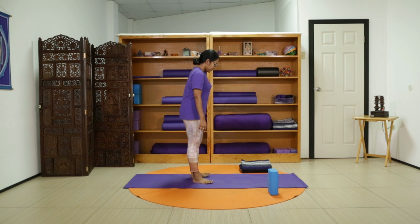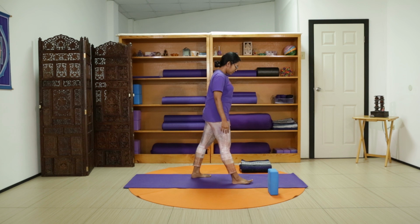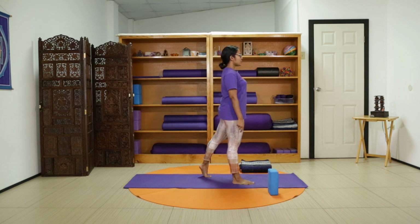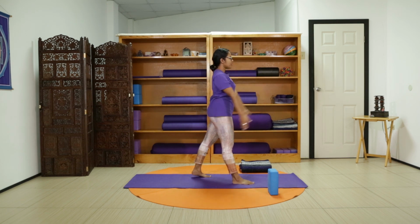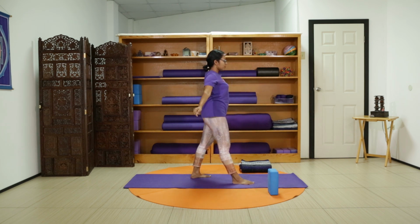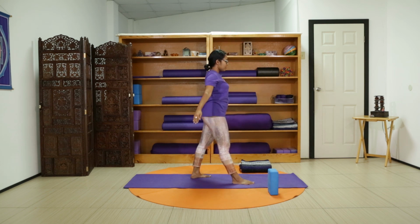Stepping back left leg, we'll step forward with our right foot once more. Feet are hip distance apart, hips are square to the top of the mat, shoulders in line with our hips, observing our feet. And breathing in, coming forward, pressing our weight down into our right foot, coming up onto the ball of our left foot, and taking our arms up, reaching up, releasing down, breathing in up, and breathe out down, breathing in up, breathe out down, and one more up